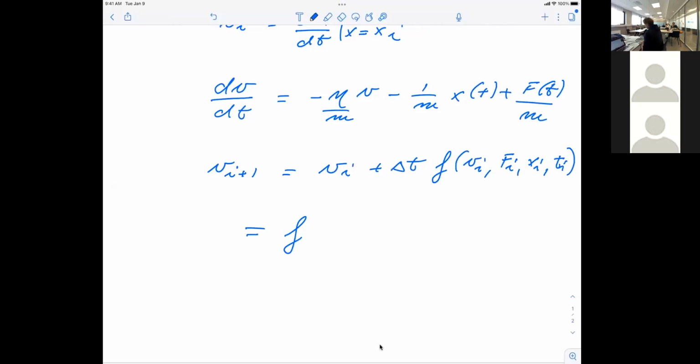And what we would have then would be something which would depend on f at the previous time step. So that would be v of i minus 1. It would contain this f of i minus 1, x of i minus 1, and t of i. So that would actually be my velocity here, which I have here. And then it would in addition depend on the force f of i, x of i, and this t of i. So you could have this kind of repetitive set of operations.